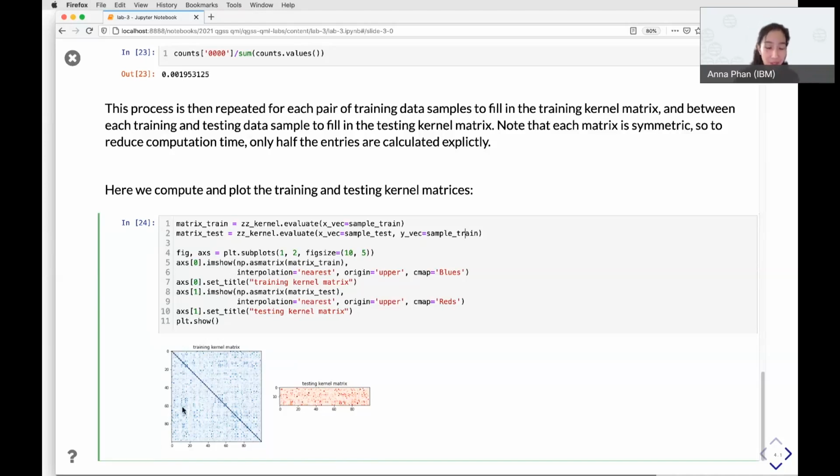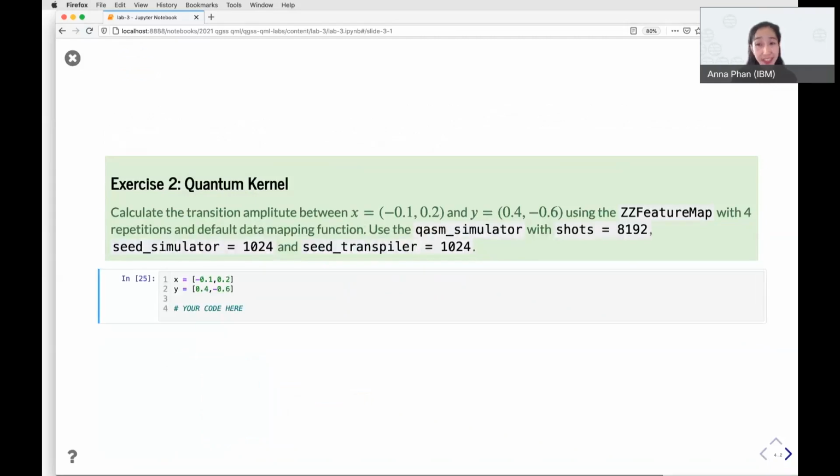You might also note that we have a diagonal of 1, and that's because we're measuring the similarity of the data point with itself, which we hope would definitely be 1. And so in the testing kernel matrix, we're calculating the similarity between every training data point, of which we have 100, and every test data point, of which we have 20. Hence the rectangular shape.